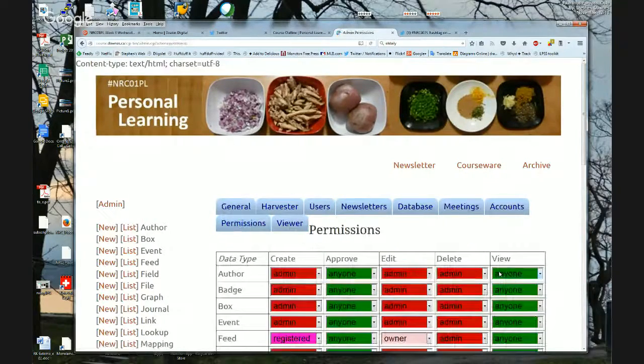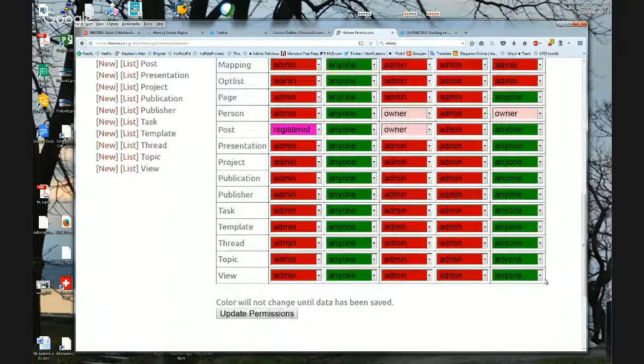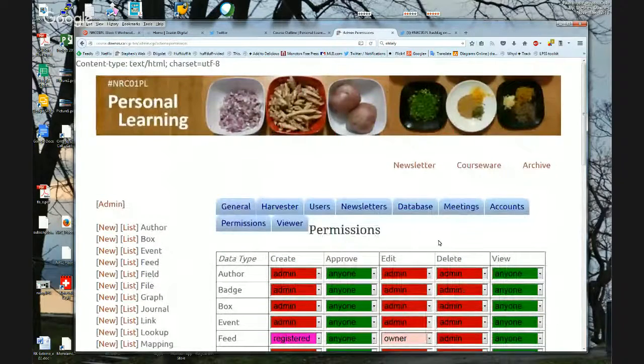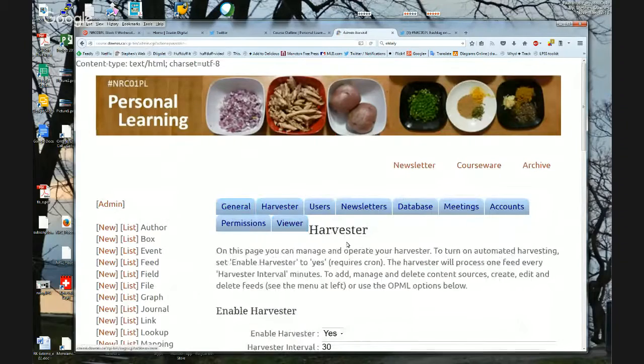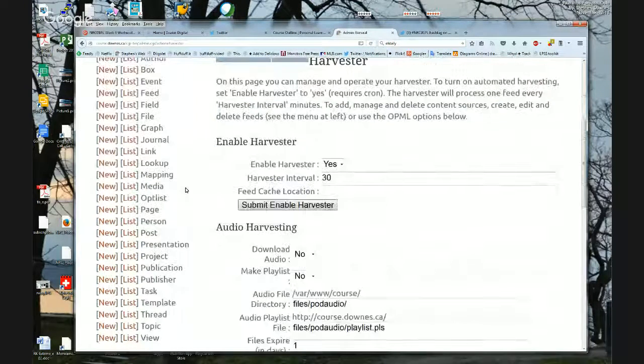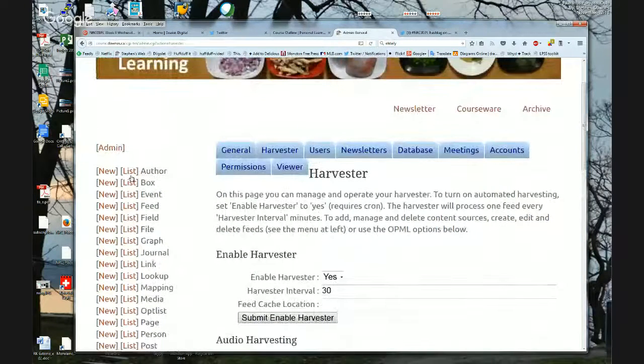Permissions, here's the permission matrix so that I can show what people can look at, what people can approve, edit, etc. Better not show you all that stuff. There's passwords there. So some of the other contents that I work with here, persons, this is all the list of people that might be subscribed to stuff, the list of other pages, list of authors, list of feeds,